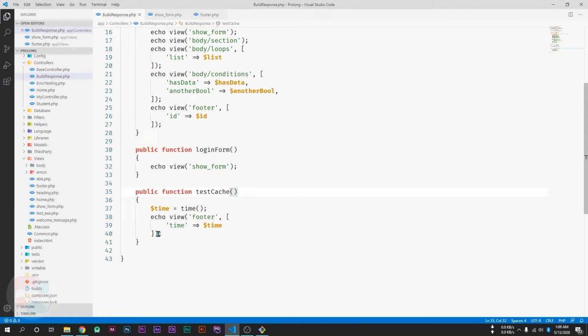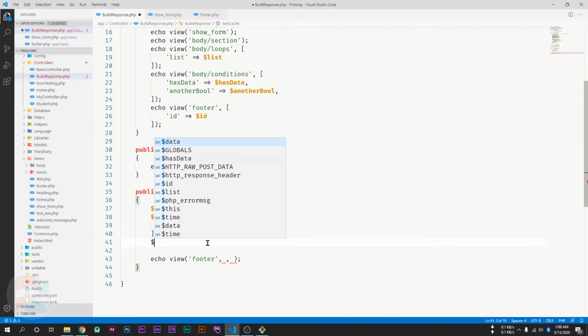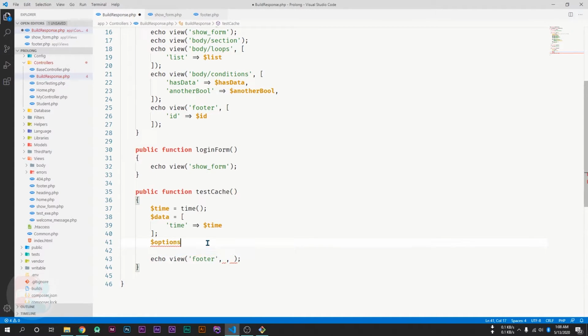To do this, in our view function, the third parameter is for options, which accepts an array. I'll create a new variable for this data to make the code cleaner. I'll create a variable named data and copy this value here, and similarly create a new variable for options.